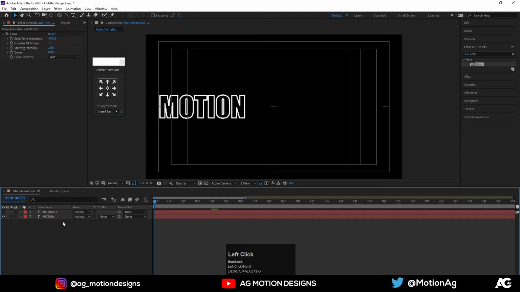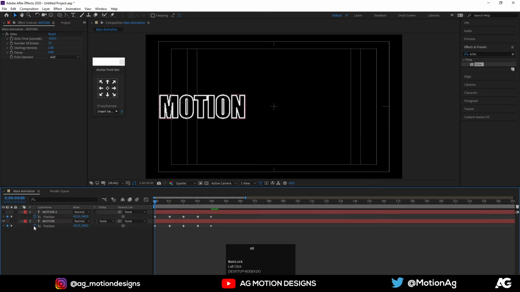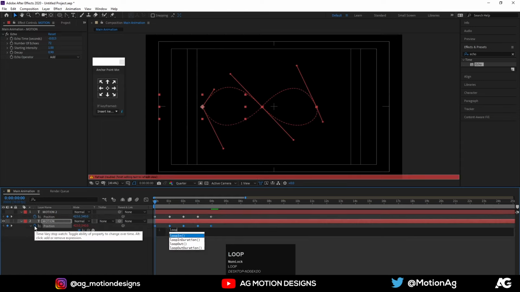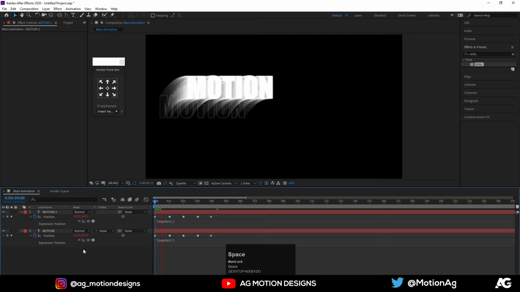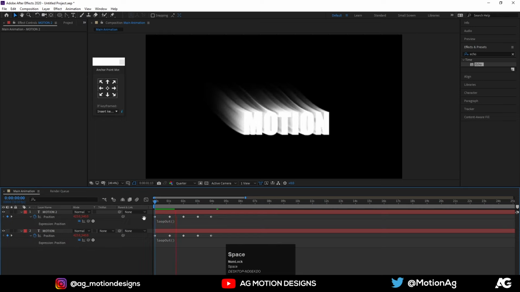Now hit U for position options and I'll apply the loop expression for both of them. Now I'll enable this first layer, so our animation will look like this.